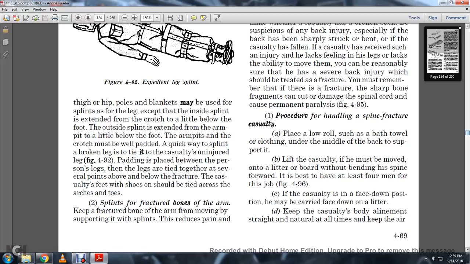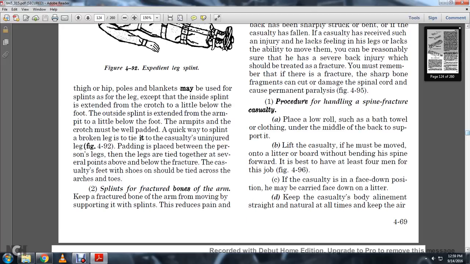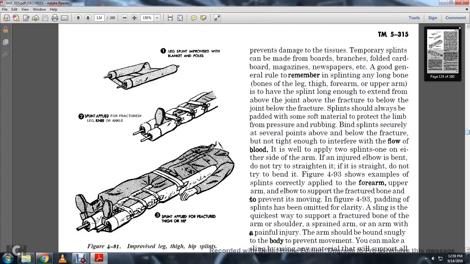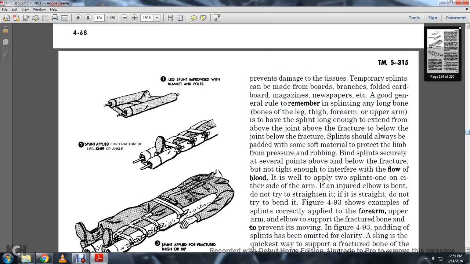Splints on fractured bones of the arm keep the fractured bone from moving by supporting it, reducing the pain and preventing damage to the tissue. Temporary splints can be made with boards, branches, folded cardboard, magazines, or newspaper. A good general rule for splinting the long bones, the thigh, forearm, and upper arm,